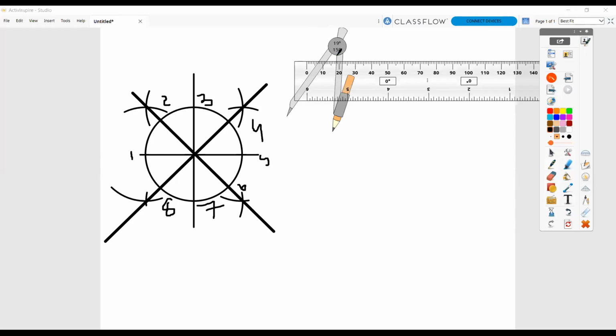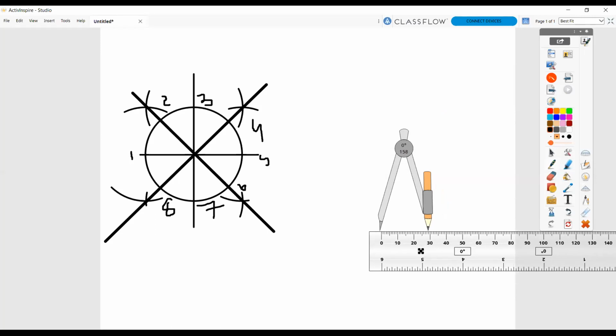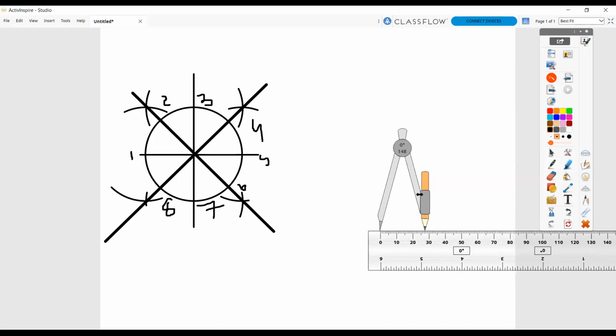Very good. Okay. Now I'm making another circle. We can take the same measurement. Okay. Each and every time, just check the width of the compass. Right. See, this is exactly 29, not 30. But it doesn't matter for me right now. Okay. Whatever it is, I can take it as anything. So this is 30 now.